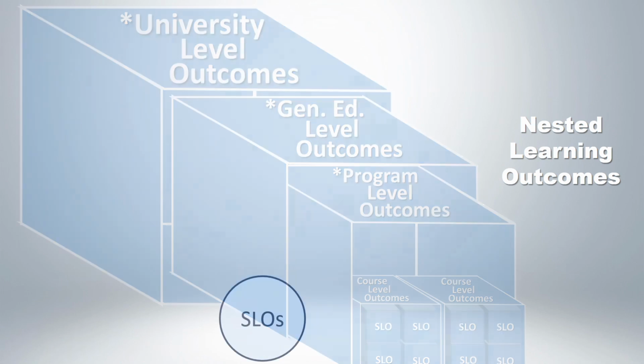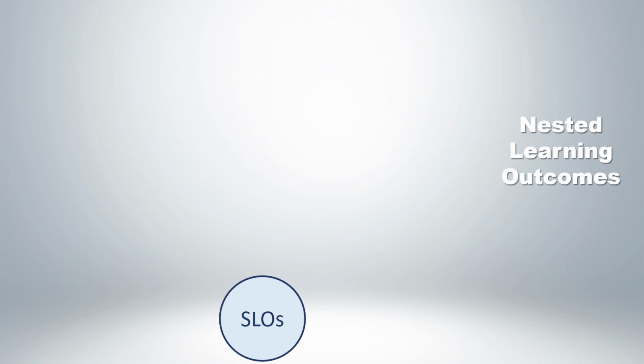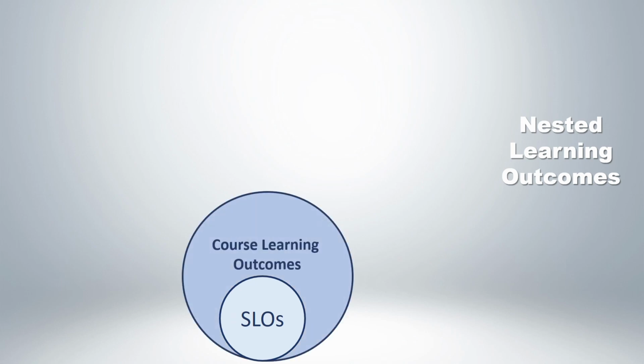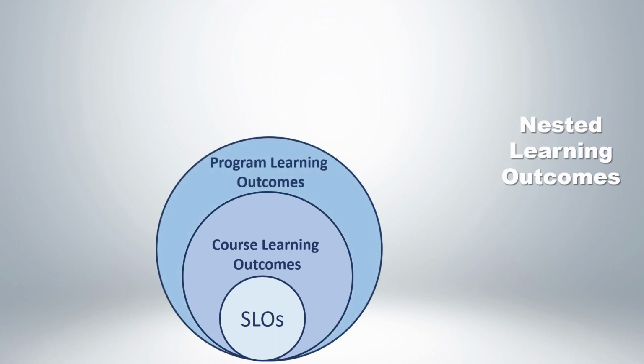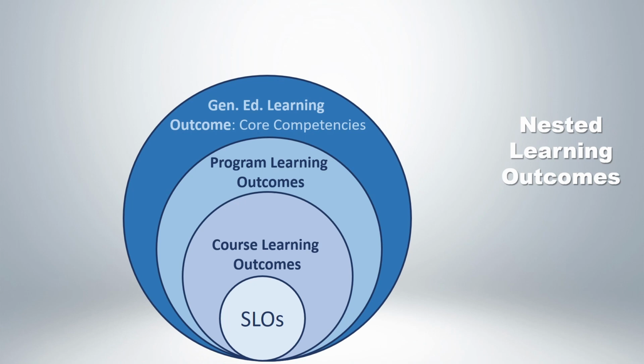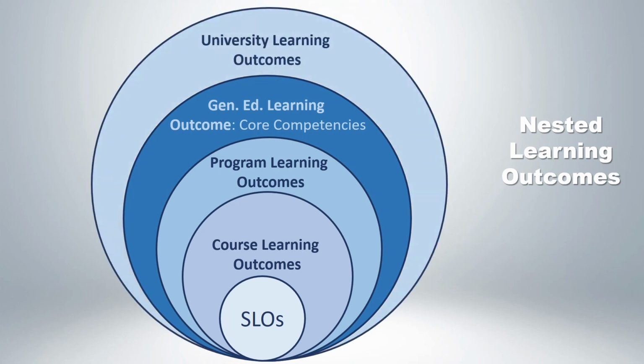This is another way of displaying the nested aspect of the learning outcomes. So a student would need to know these important student learning outcomes for this class, for the course, which then ties in with the overall program. Whatever major they're in, that program, again, each course builds upon itself. They might need a specific SLO, student learning outcome within this course, so that then they can be able to pass this next course. So they need to learn it here within this first course,